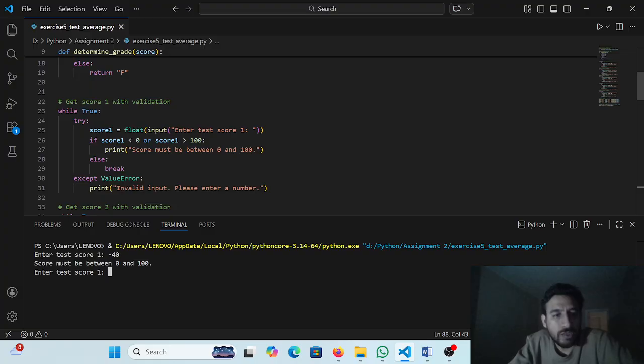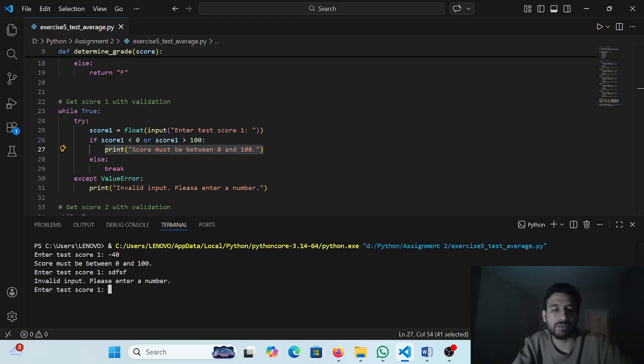Yeah, this is because I entered a negative value. And again it asks to enter test score 1 because of this while loop. So what if I enter letters like ABC? Then it goes to the value error and says invalid input, and again asks the user to enter the score 1. So I'm just going to enter valid scores like